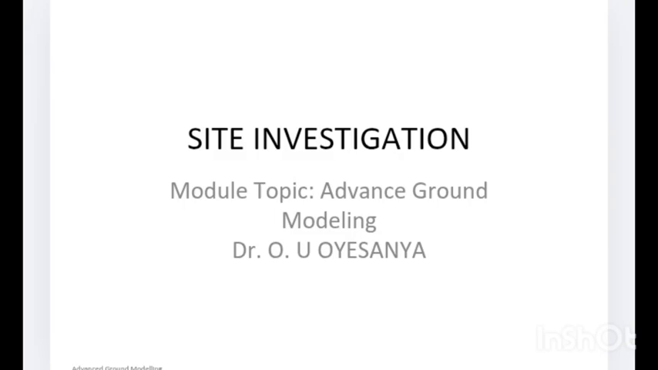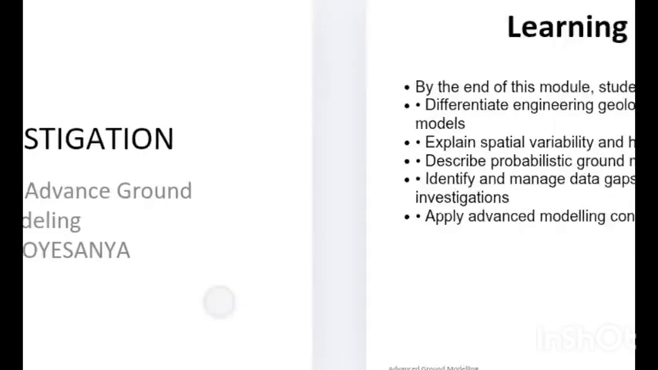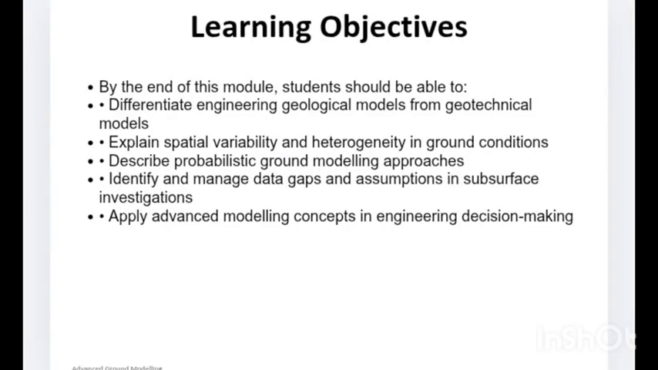Now, unlike manufactured construction materials such as steel or concrete, soil and rocks are products of geological processes that have occurred over millions of years. Therefore, their properties change from one location to another. So in this lecture, I'm going to be discussing